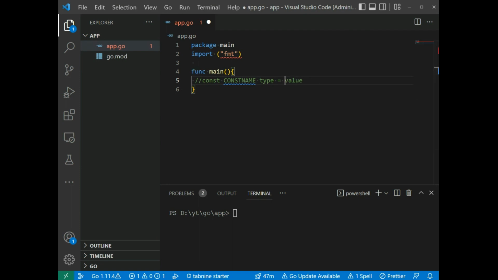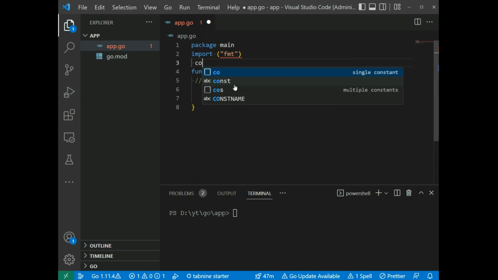And note, the value of a constant must be assigned when you declare it. And declaring a constant here, so for example, const